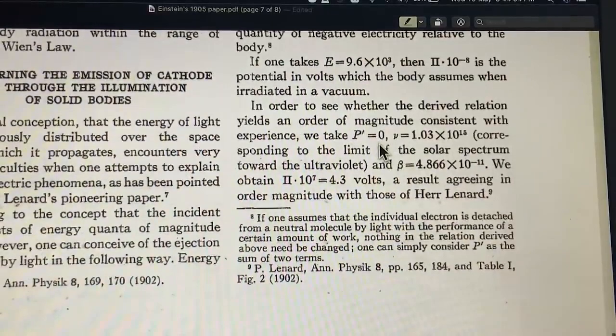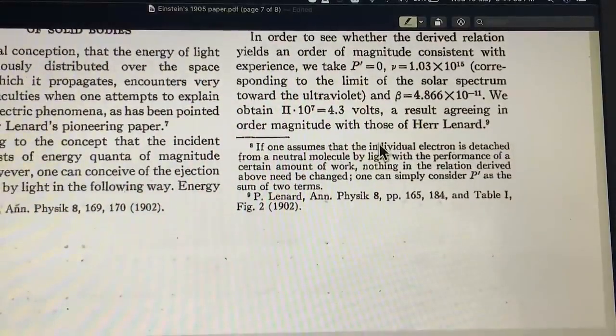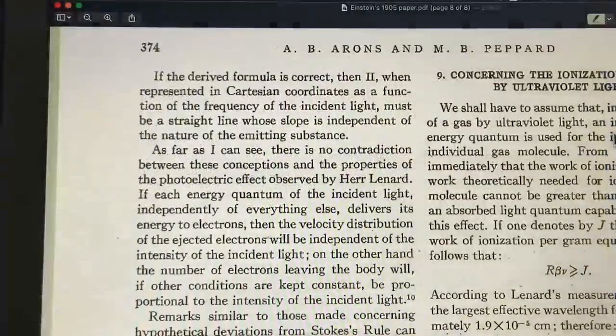And then he says that the numbers match very well, a result agreeing in order of magnitude with those of Herr Lenard. Now, this is also important because Lenard does not talk of the relation between the stopping potential or maximum kinetic energy and frequency. But once this equation is established, Einstein says that if the derived formula is correct,